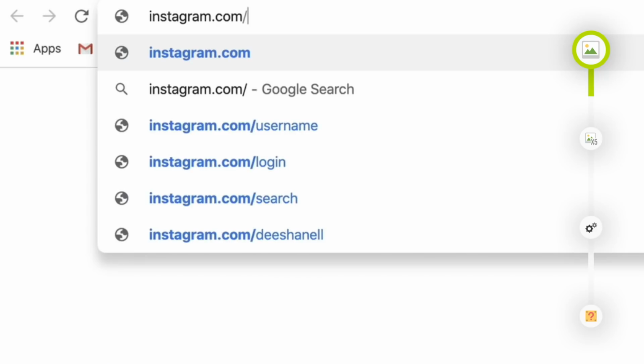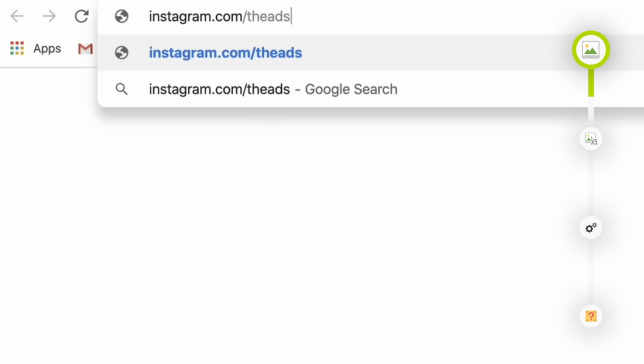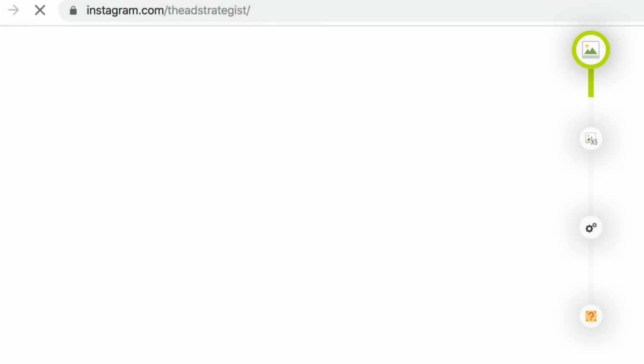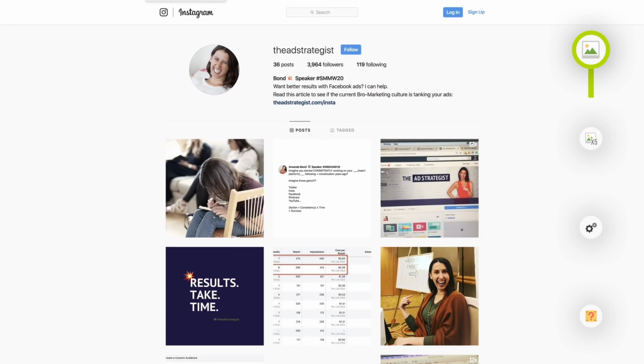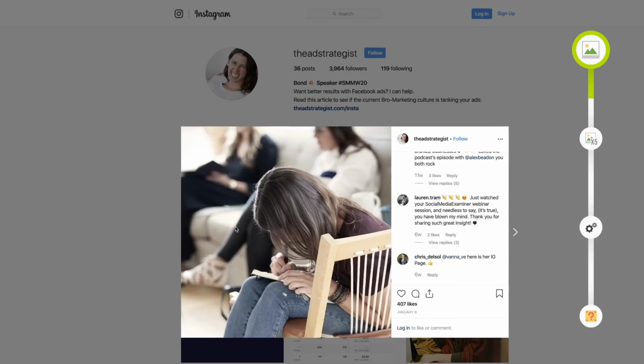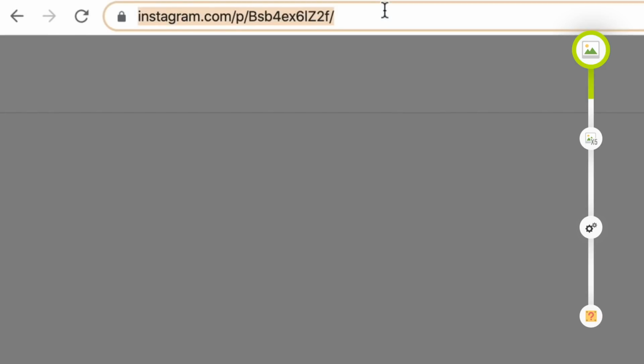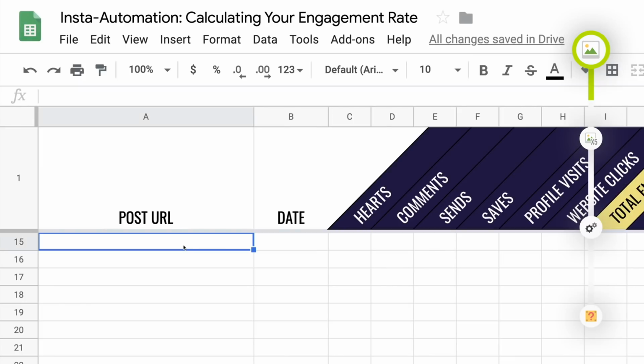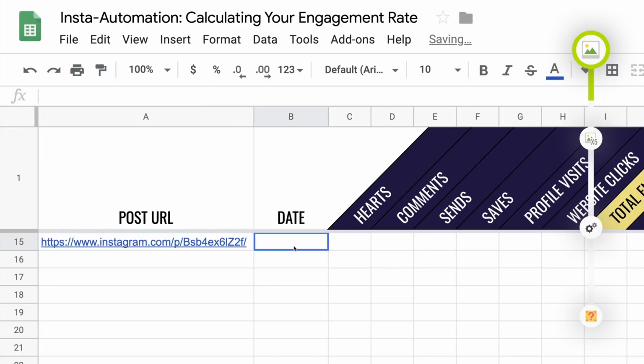Let me show you. We can actually go to our Instagram profile from the computer directly by typing in instagram.com/ your handle name. So in my case, it's the Ad Strategist. Now the same version that you're gonna see on your phone will pop up on the computer, and to simply find that URL, click the post itself, and the top URL permalink will show up. If you have a Mac like me, all you do is hit Command-C to copy that, head over to your spreadsheet, and go ahead and paste that right in. I always like to add the date for good measure as well. And next up, we're just gonna fill out the spreadsheet for this post.